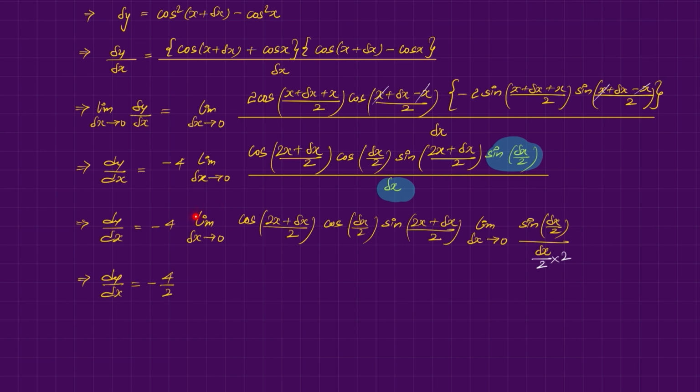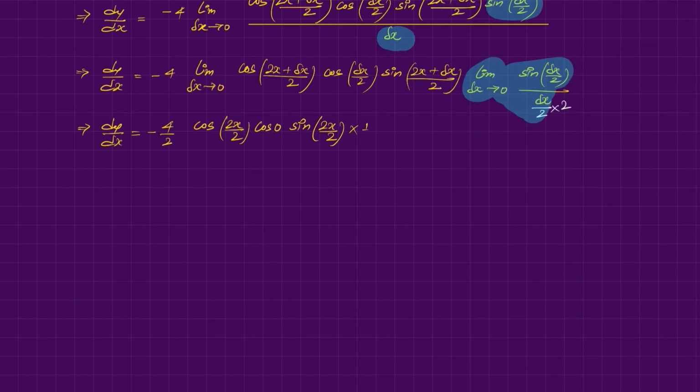So now let me put this limit to all this delta x here. So we will have cos of 2x by 2 cos of sine of 2x by 2 into, and we will have this particular portion as 1. So we will have into 1, and I have written this 2 already here in front. Okay, so here 2 1s are 2, 2 2s are 4, so we will have